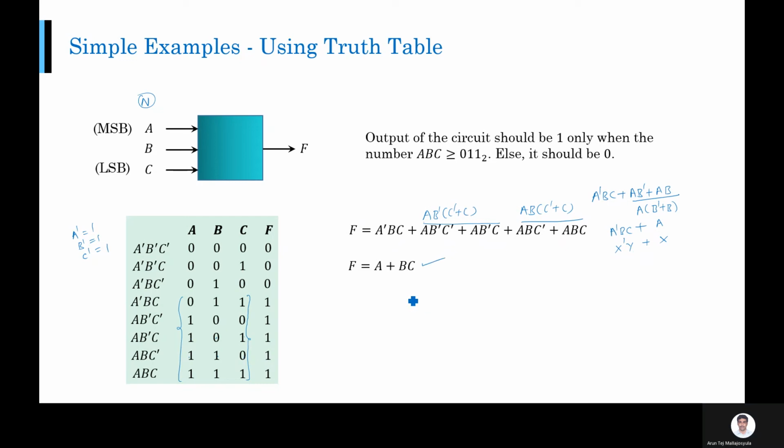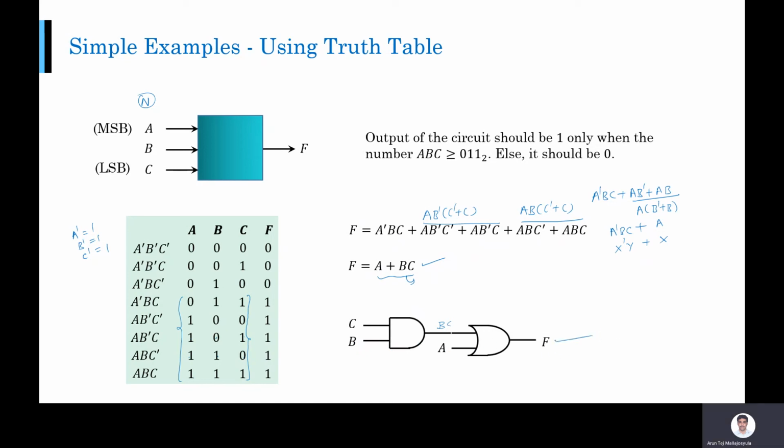Okay. So now I minimize this, and then I can realize this very easily with gates. I would need one AND gate for this one and an OR gate for this one, which is the minimized circuit. Okay, A, B, C. This will be B, C from this AND gate, and from the OR gate you will have A or BC. Okay, so you realize your function.